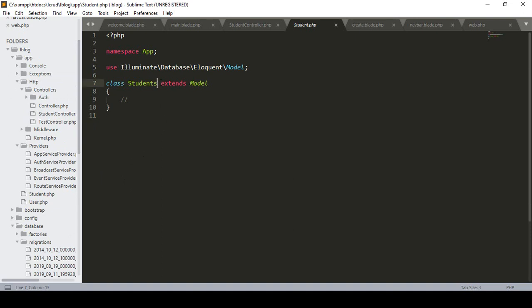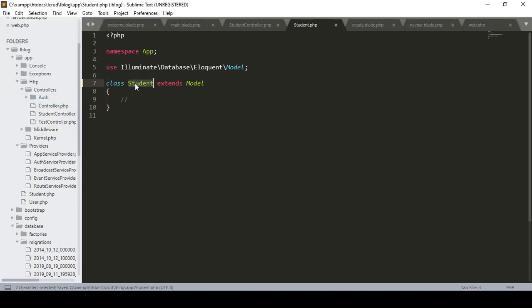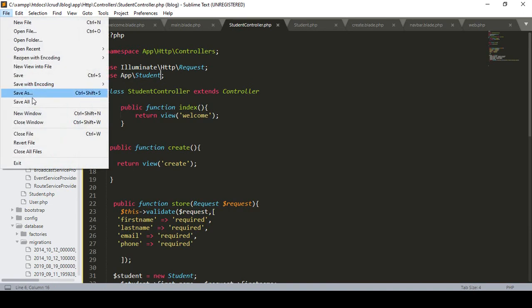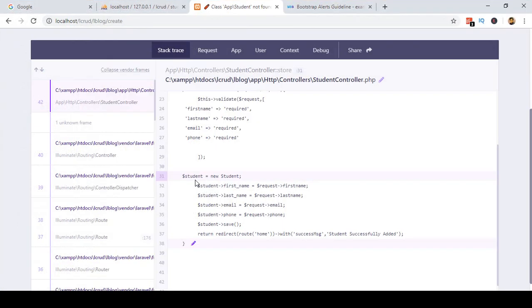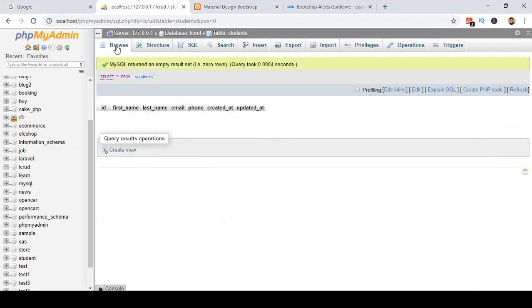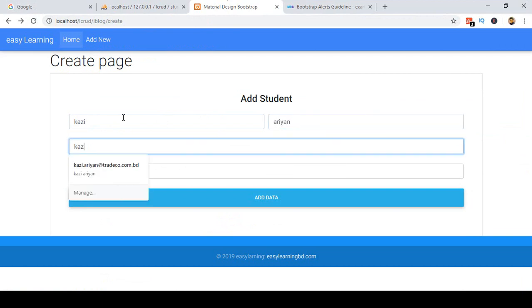Now that is actually the student model, so I just change it, and now I click on save all. So that's our student model. I'm just defining it as a student, and here that is our student. Perfect. So now it should work. Now I click on go back, and here I refresh it again, and if you browse it, okay, perfect. Now I click on the Kazi, and now I define Ariyan and Kazi@gmail.com,